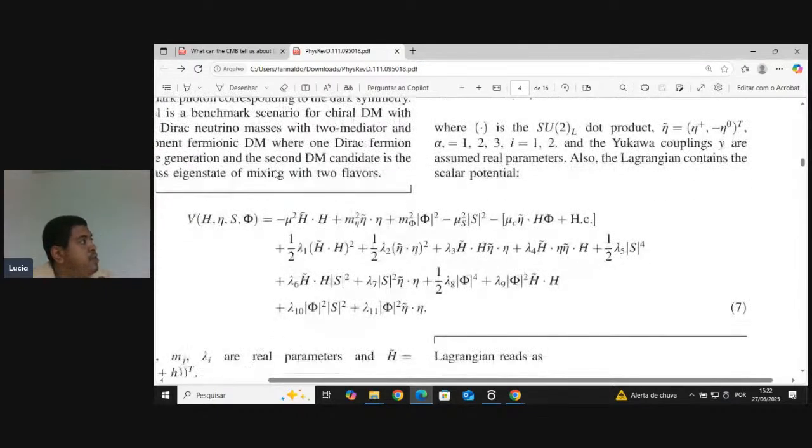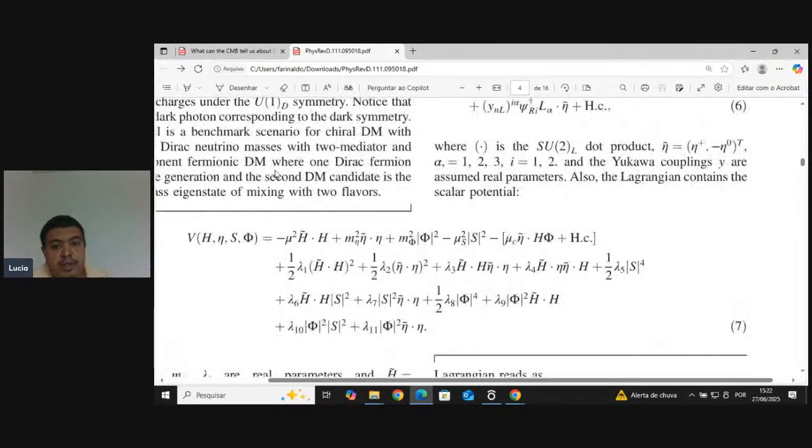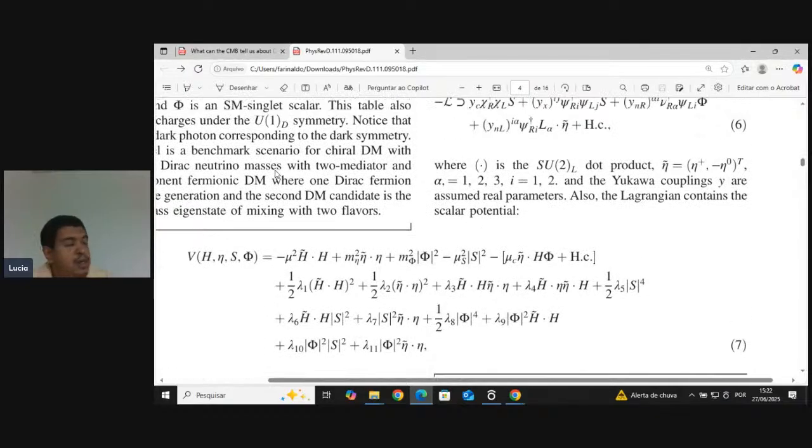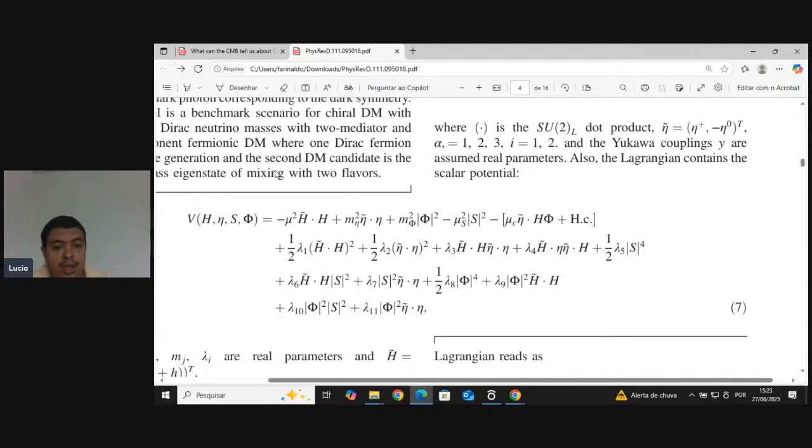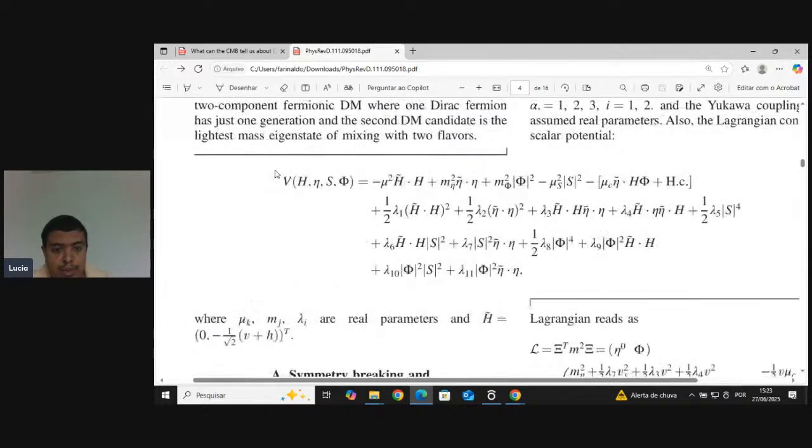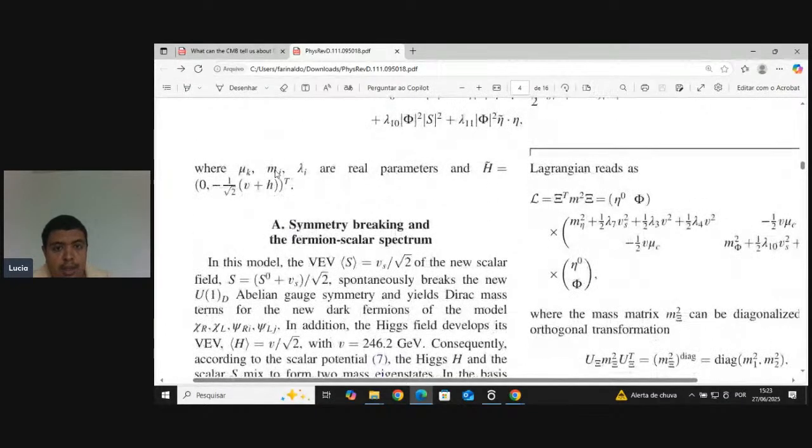This is a Dirac neutrino mass model, so the same dark symmetry ensures the preservation of lepton number. Now we are going to